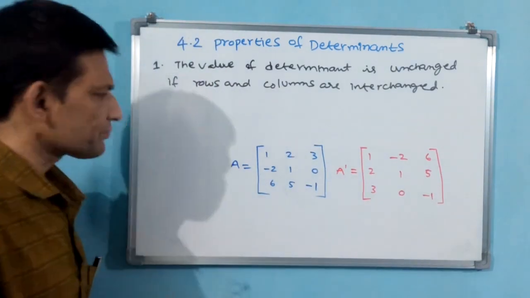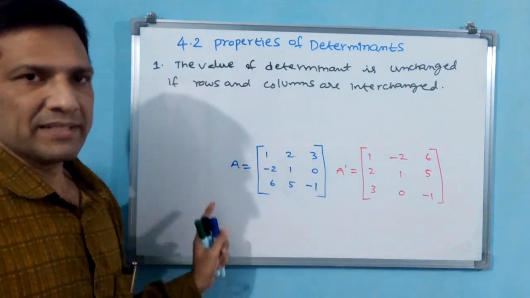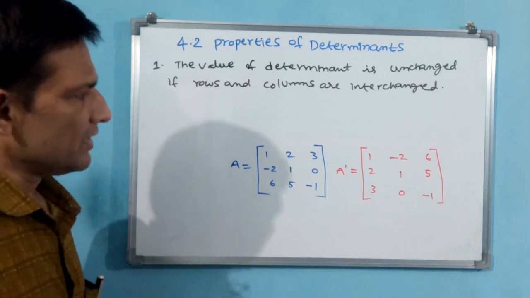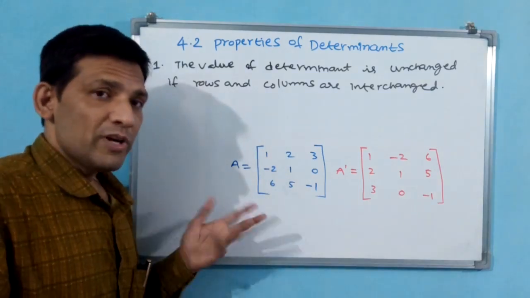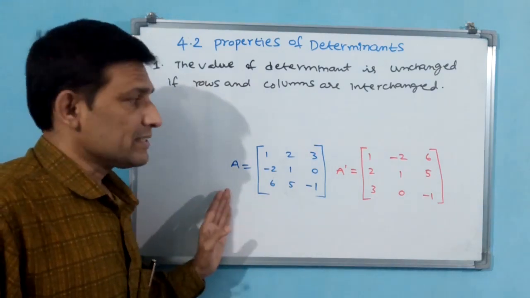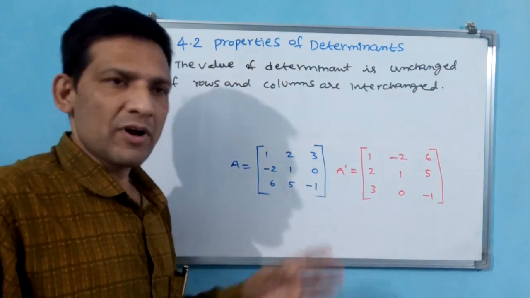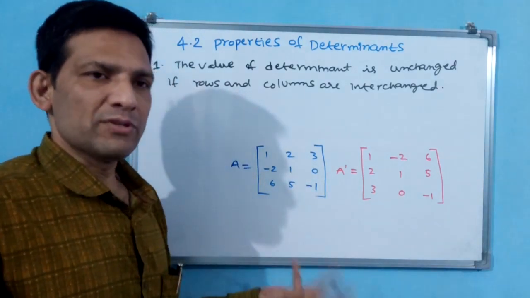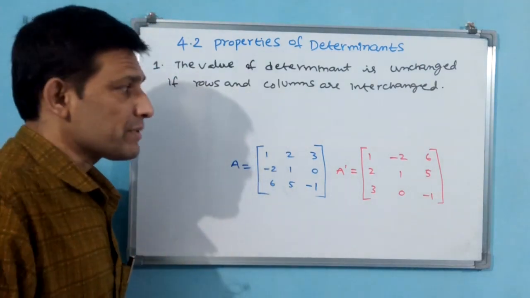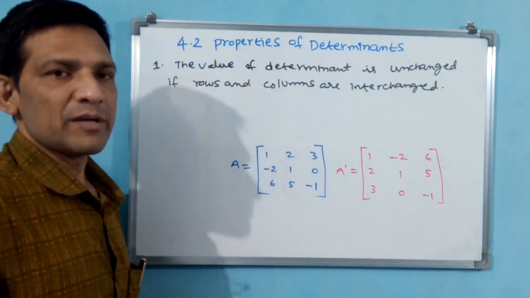Now this is a matrix. This is the transpose of matrix A, written A dash. For a singular matrix there is no operation. But even though the matrix A is not equal to transpose A, if A equals A transpose, then we will call it a symmetric matrix. If A equals minus A transpose, it is a skew symmetric matrix. That concept is different in matrices. But a determinant itself is a single value. We have to find the value of the determinant.